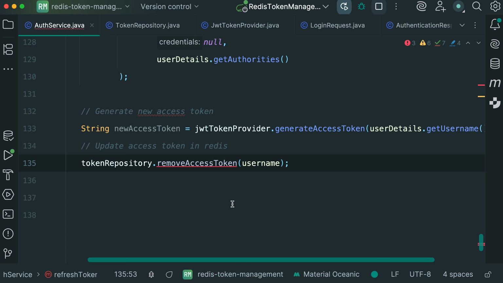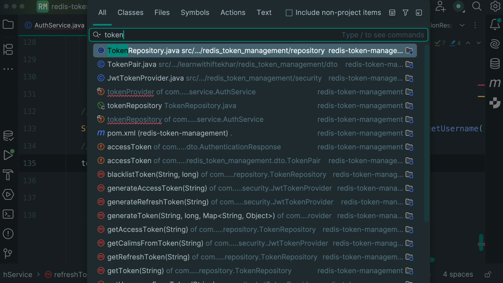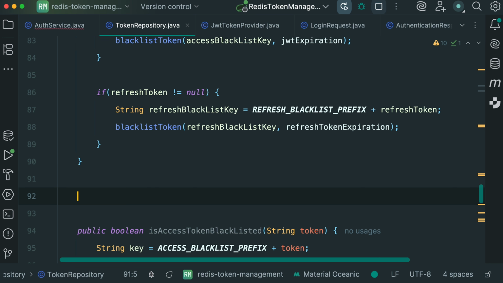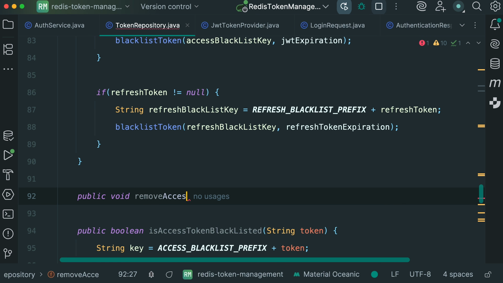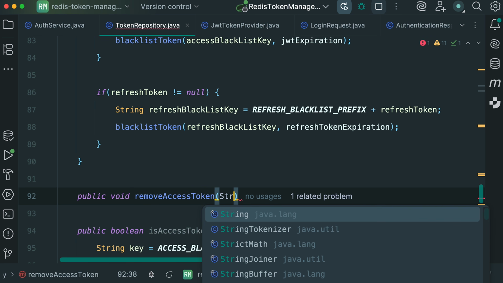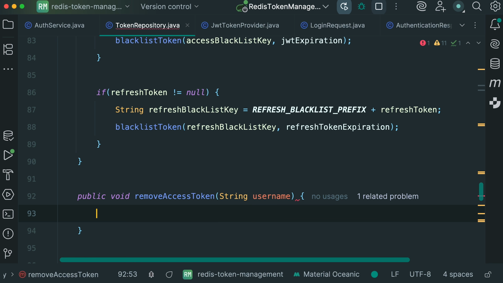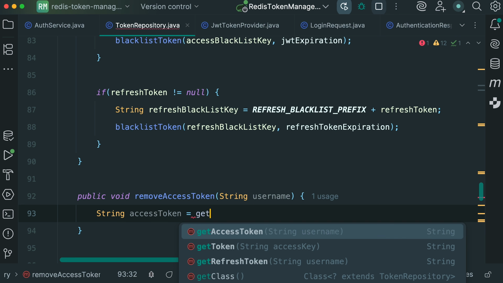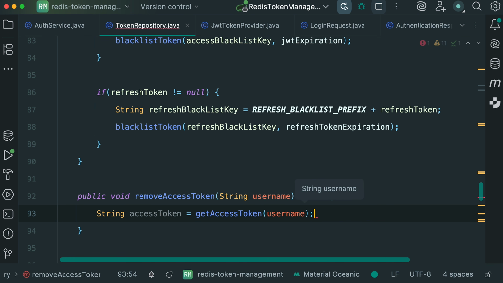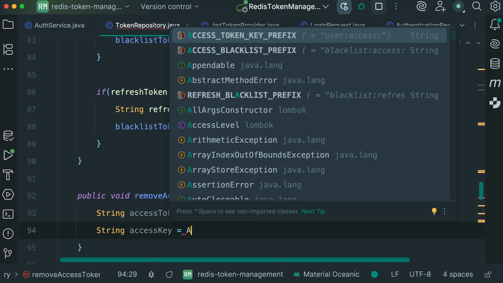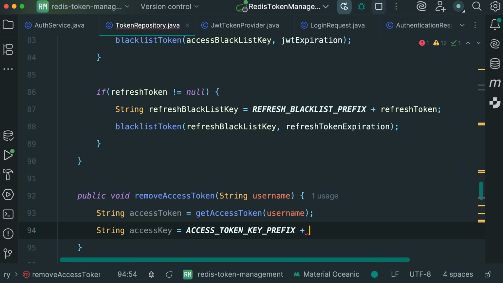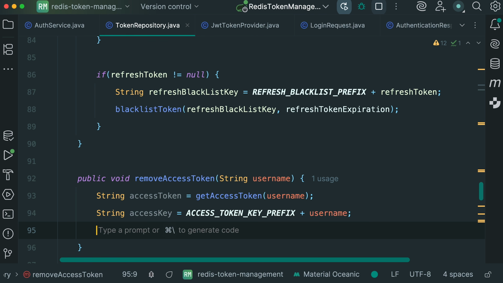We need to create this method. Back to token repository. Here add a new method, public void removeAccessToken. It accepts username. In this method, first get the access token. Access token equals get access token. Then get the access key, that is access token key prefix, concat with username, and then delete this token from